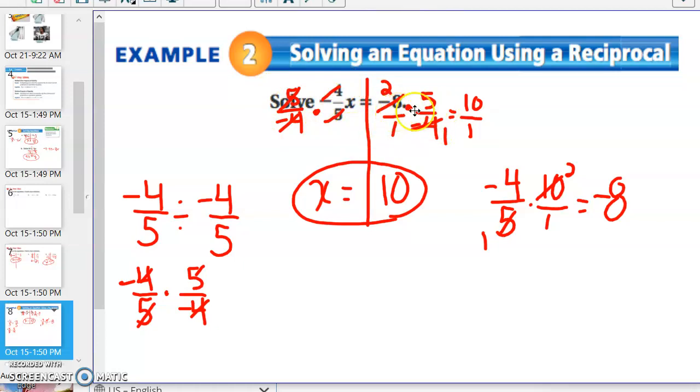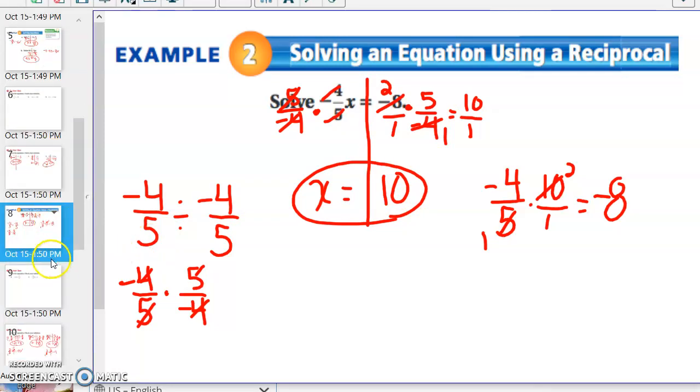And then over here, -8 times 5 over 1 times -4. Well, I can cross cancel the -8 and the -4, and then that leaves me with 2 times 5, which is 10, and 1 times 1, which is 1, which 10 over 1 is just 10. Now, I know that sounds a little strange, but you'll get used to that when we do a few more